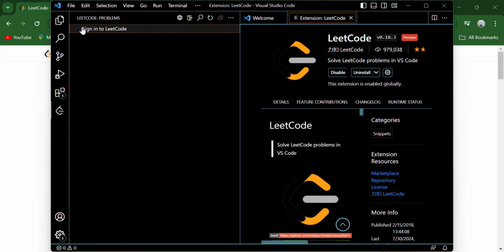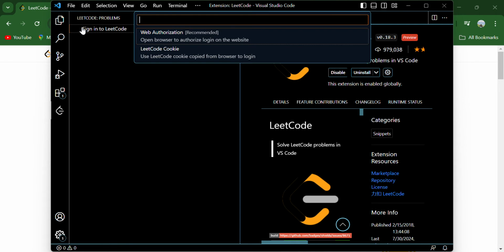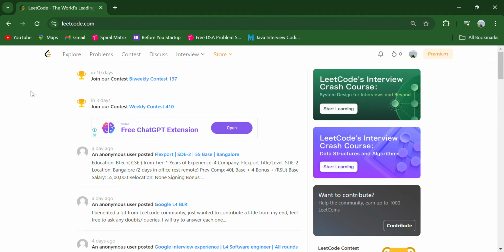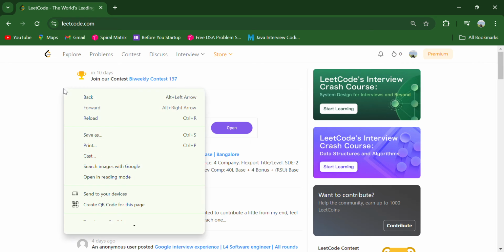There's an option to sign into Leetcode and two options are coming up. Let's go to Leetcode Cookie. Okay, now for Leetcode Cookie you have to be in your home page and then